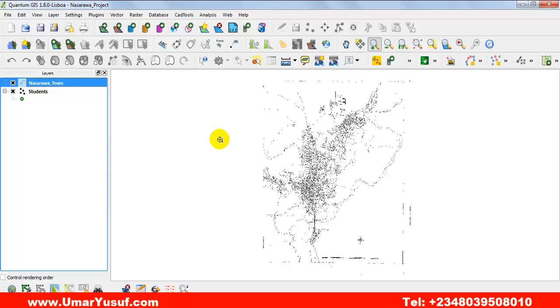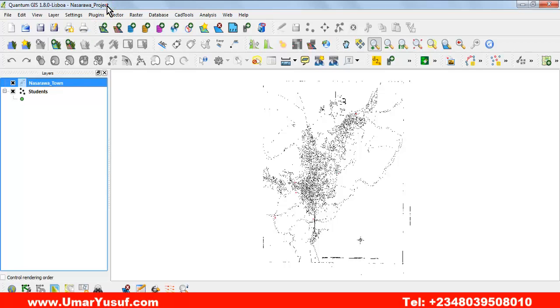In Quantum GIS, that is what we call plugins. Just as you can see the name here, as a menu, plugins menu. So plugins are little programs or functions that are found within Quantum GIS. And these plugins can either come by default with the program or can be gotten from a third party and then installed in the program.